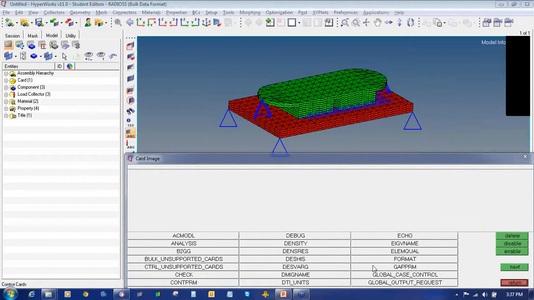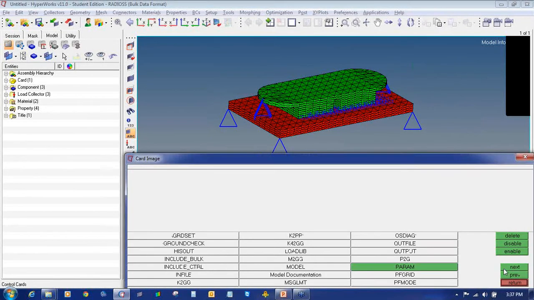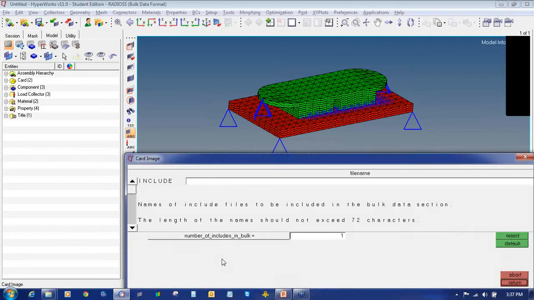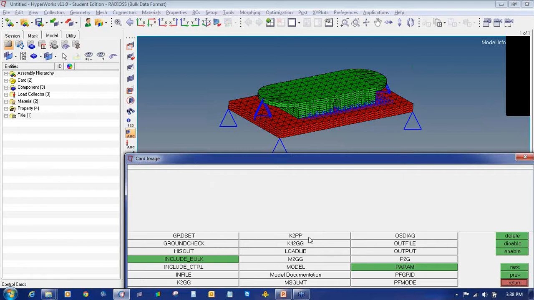Click on include bulk. Enter the name as dmig.pch. Click return. Then select K2PP.